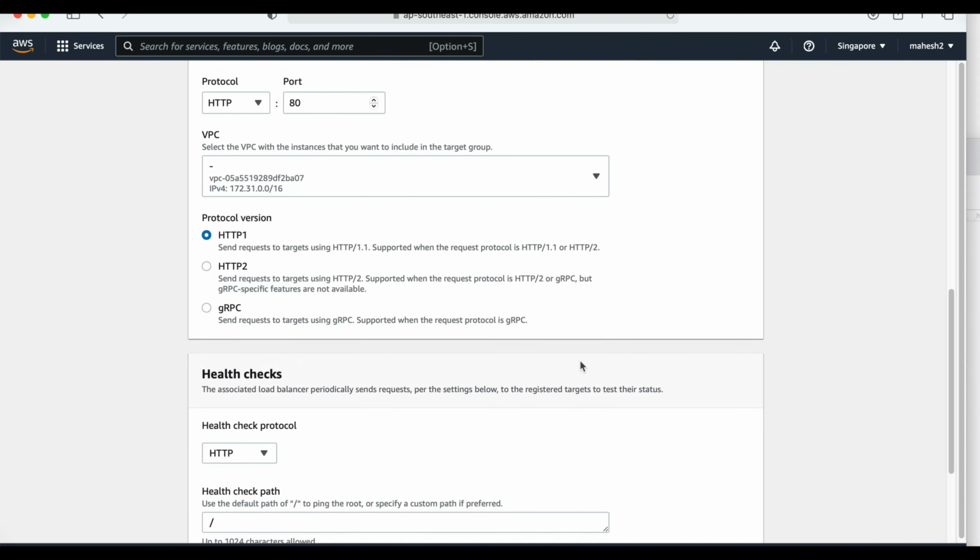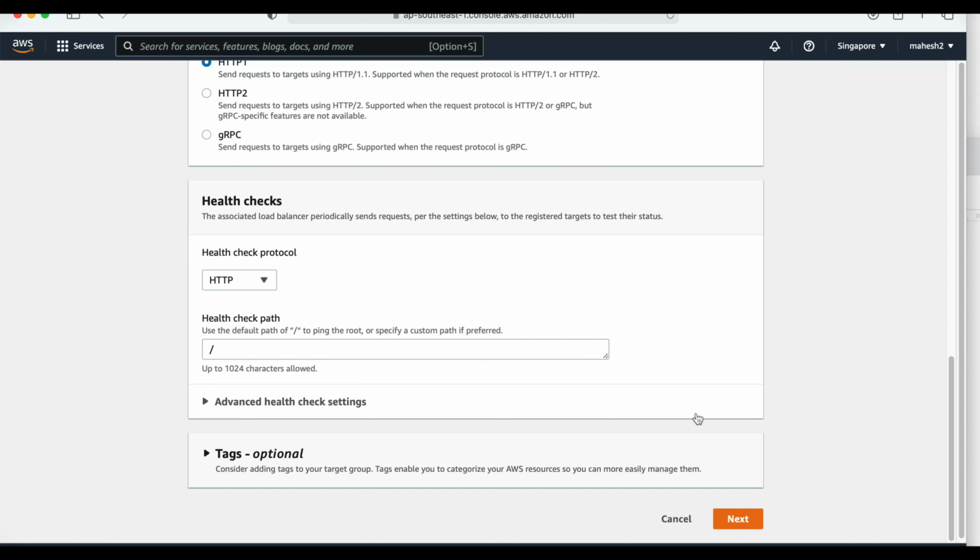Protocol version HTTP1. When you see here, we have a health check status. Health check is going to use HTTP or HTTPS, depending on what type of protocol you are going to use. In this case, I am selecting HTTP. And the health check path. The health check path is where the load balancer, or the target group, is going to see whether the file you specify here exists on your instance or not. If the particular file you mentioned here does not exist on your particular target group or instance, it is going to show you the health status as unhealthy,